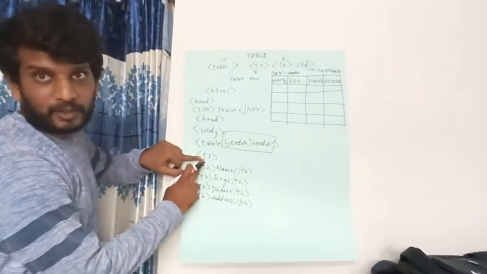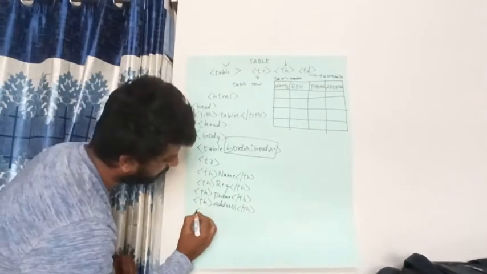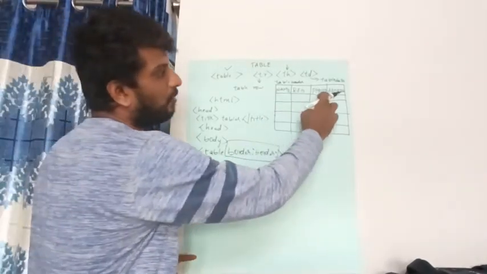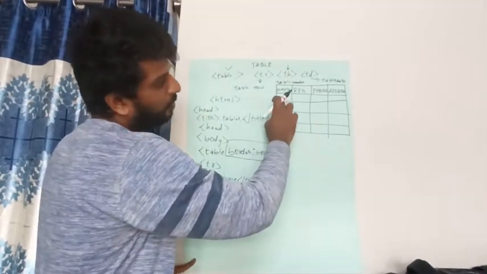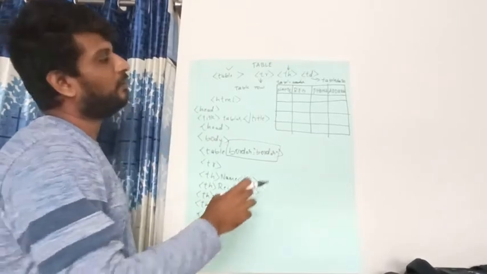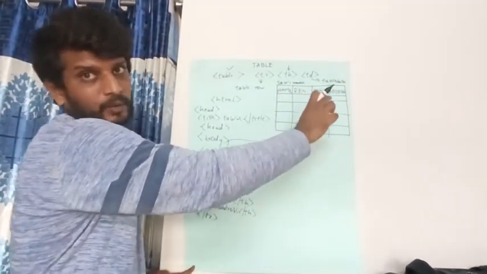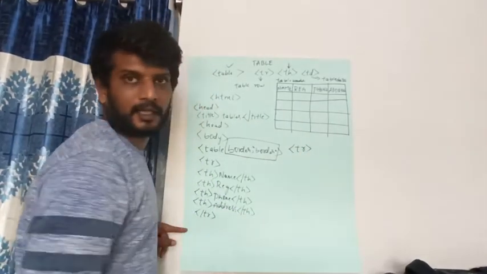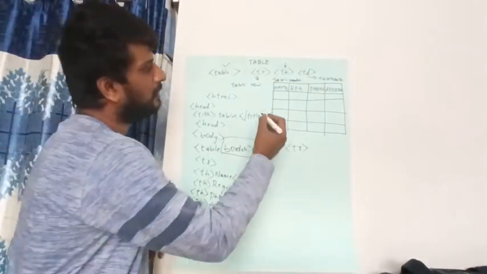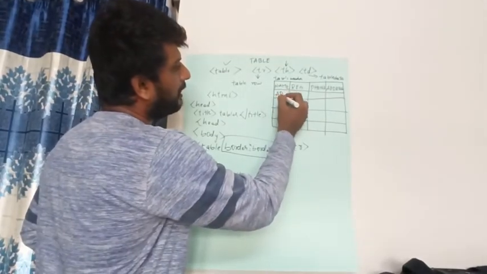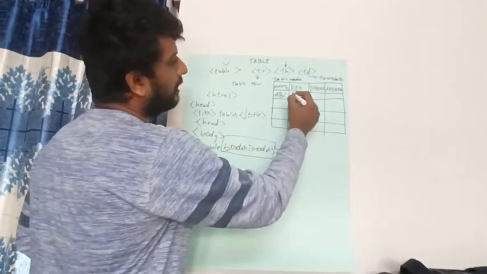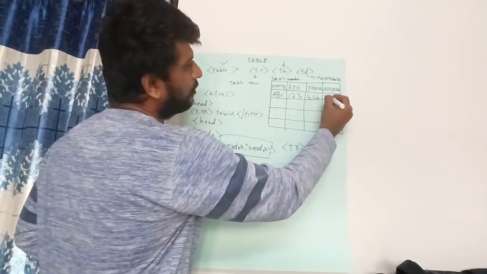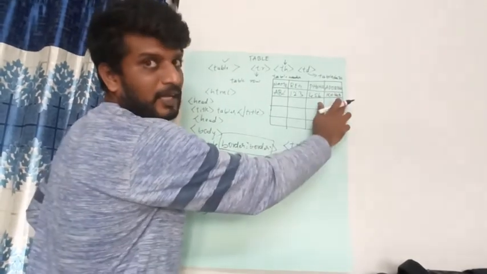So we have to close the tr. So I have closed the tr. Next, what I have to do is fill the data. I have told you, in the table you always have to fill the data row wise. So again I will make use of another tr. Let us consider, I will give the name as ABC, register number as 123, phone value as 456, and then colon. So these are the values I am giving.